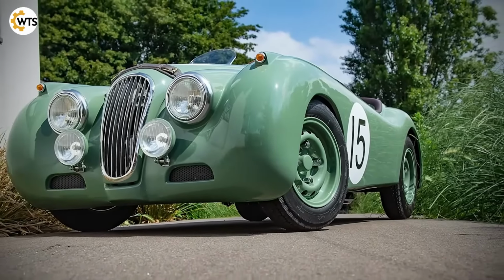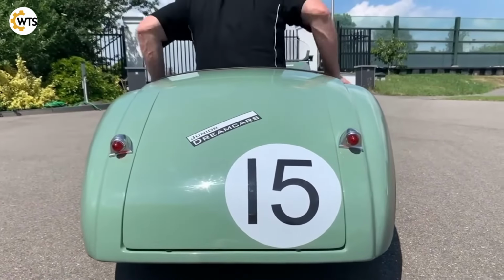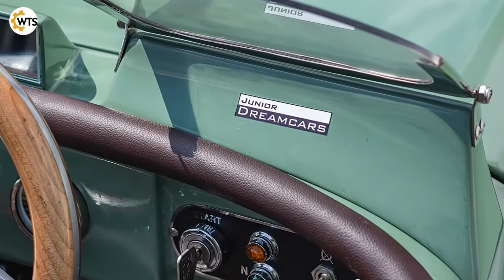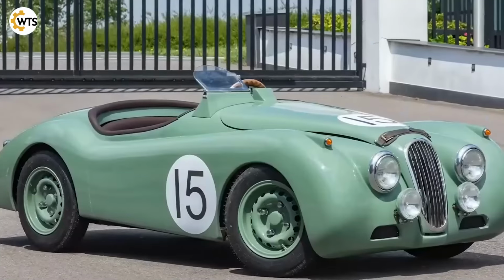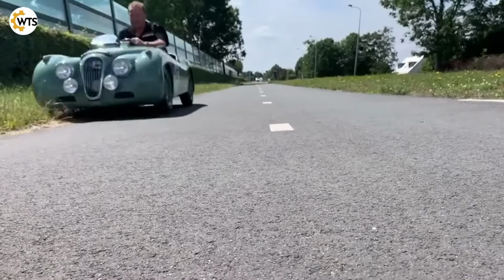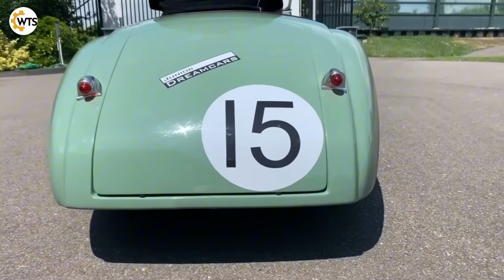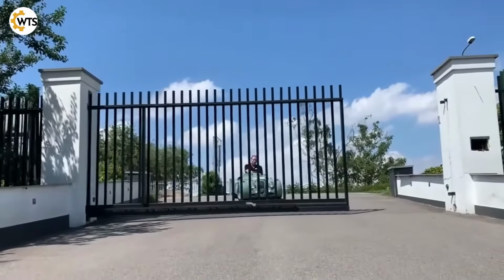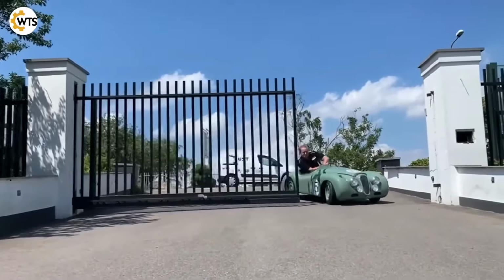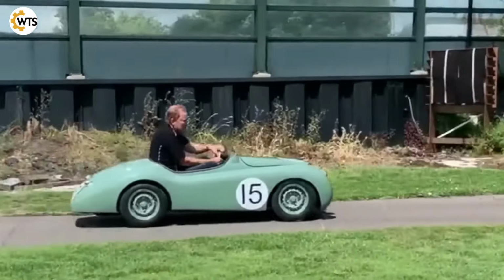XK120 Le Mans Mini, a collector's dream. Step back in time with this hand-built mini replica of the iconic 1950 Jaguar XK120 Le Mans. Only 3 of these exist in the world, making it ultra-rare and highly collectible. Despite its smaller size, it can reach speeds up to 43 mph and comes equipped with a windshield, fog lights, and an authentic Jaguar badge. The price? It's exclusive, just like the car. Just